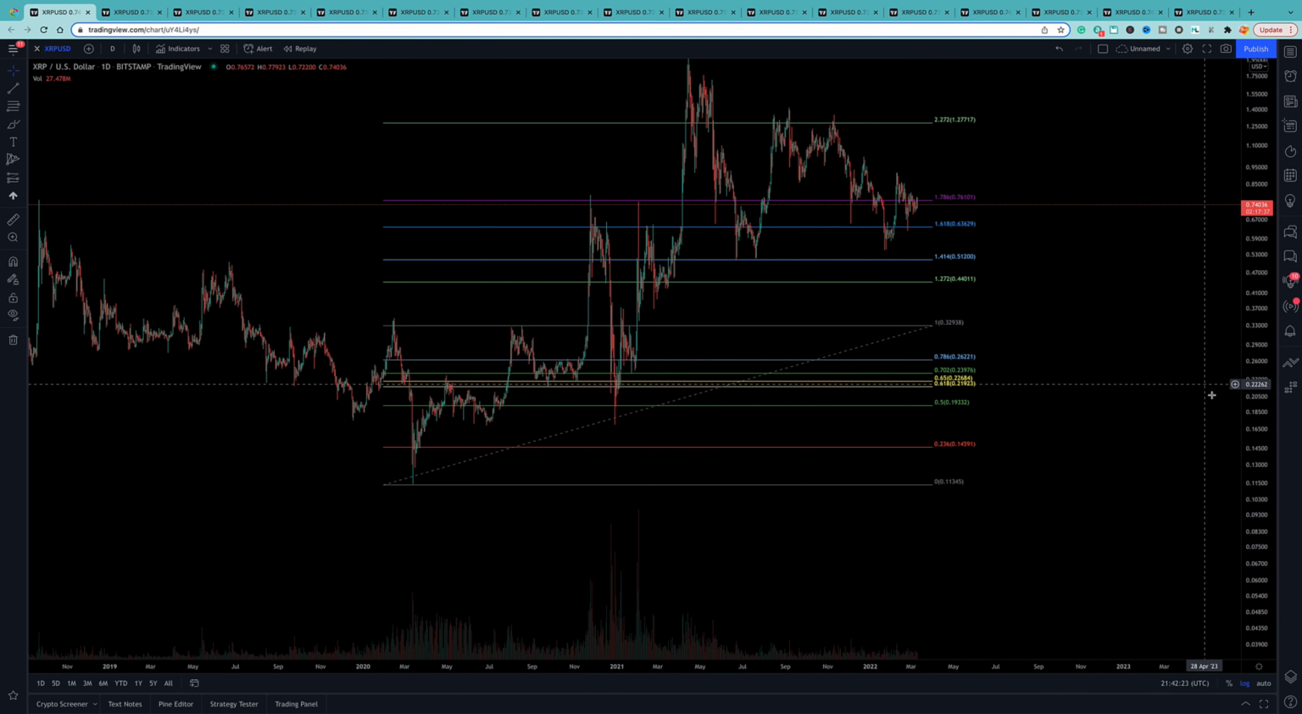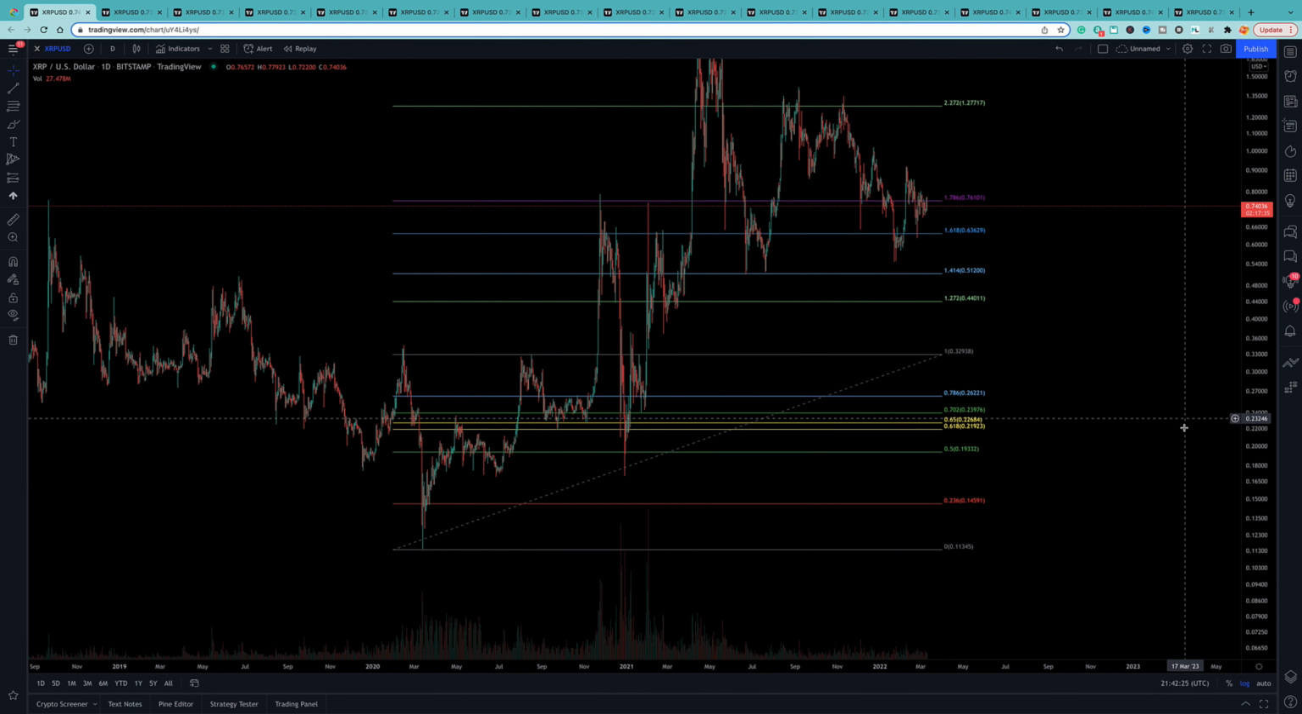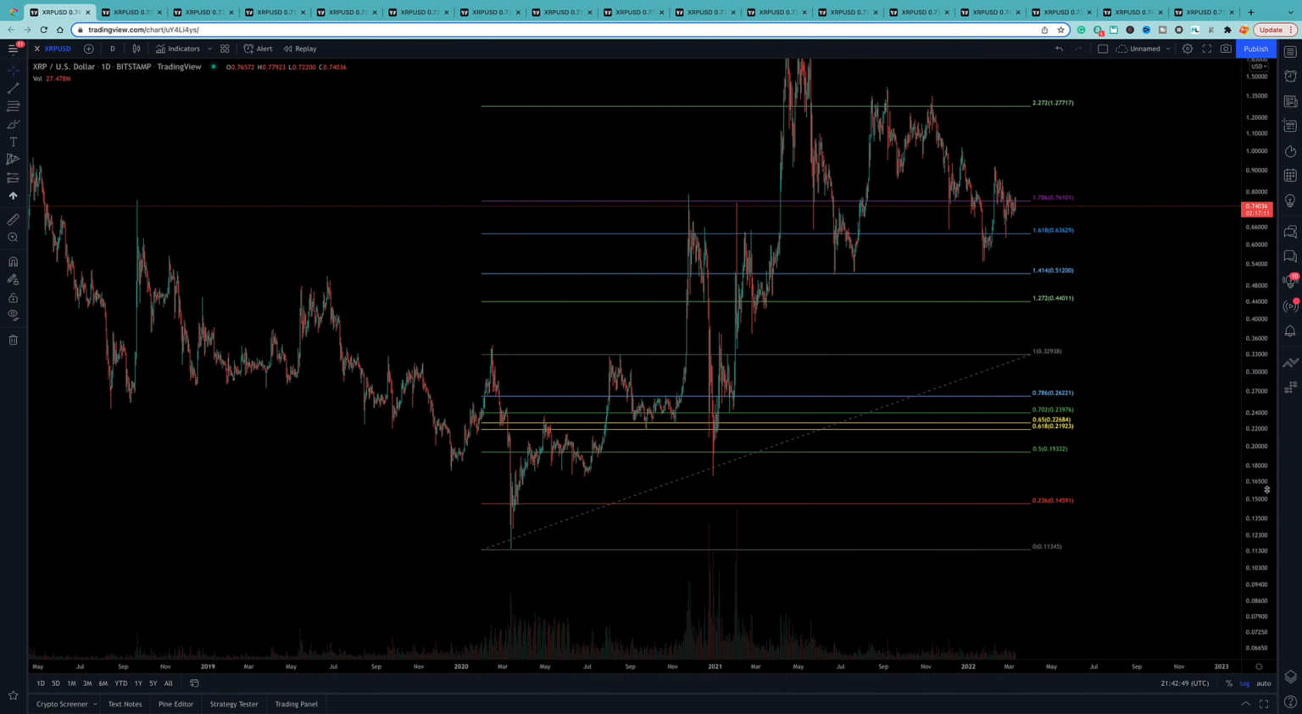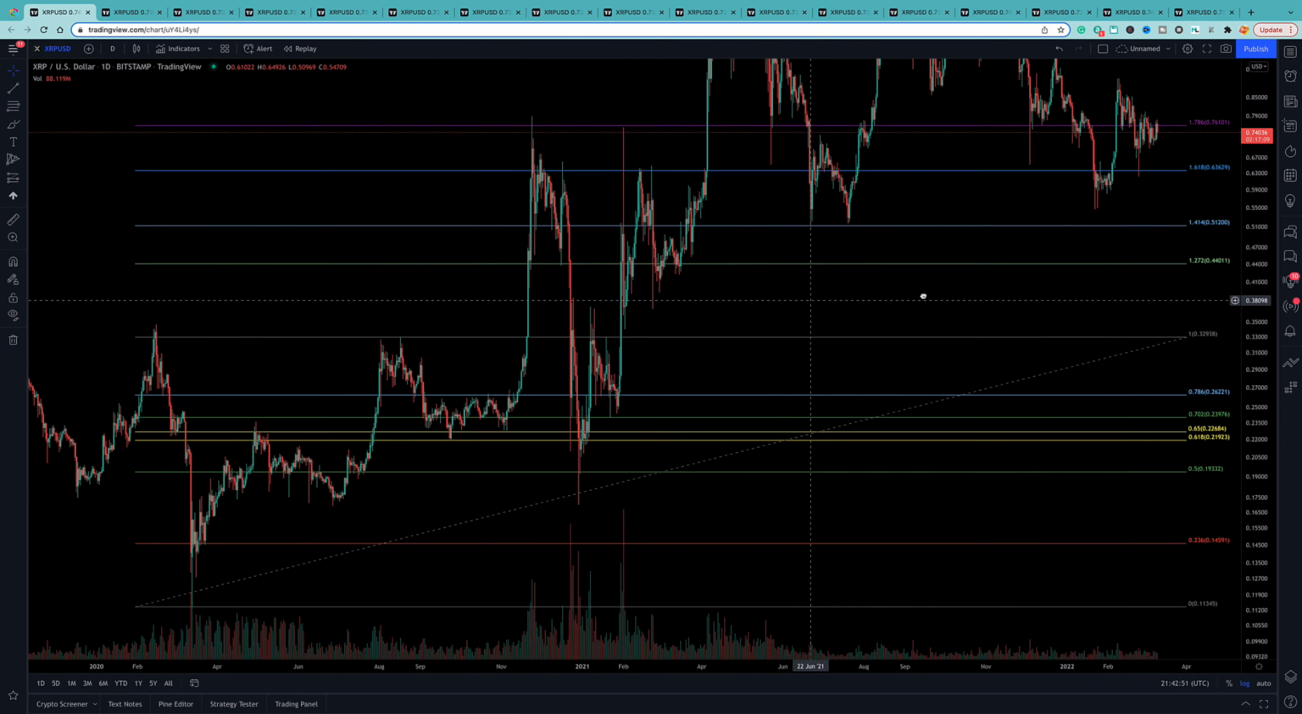Okay, so now from here to here. Now let's look what happened. They came back, hit the golden pocket, bounced along it, and then broke out. Came up to the 1786. Wicked off that. Again, if we zoom in,